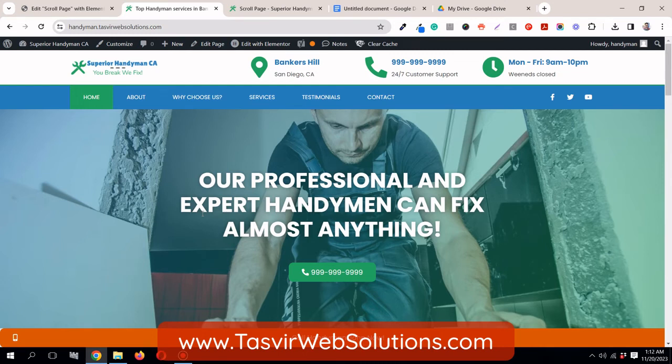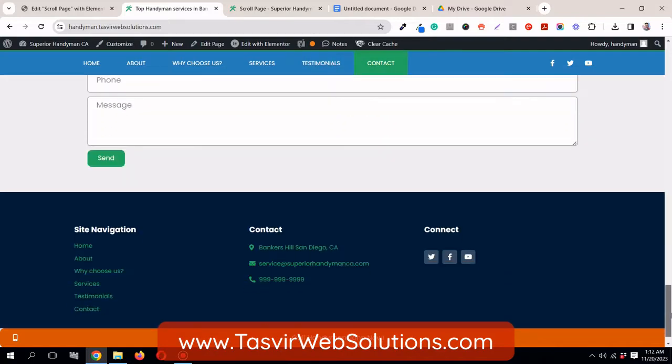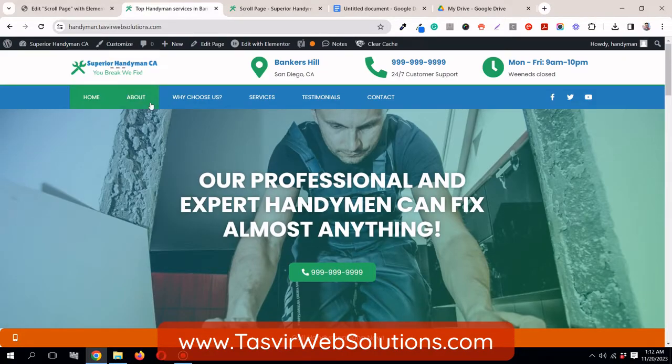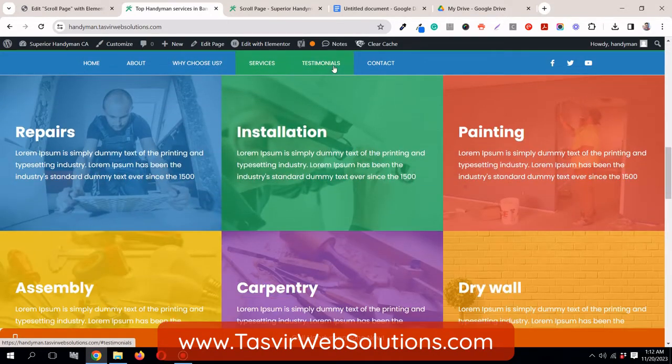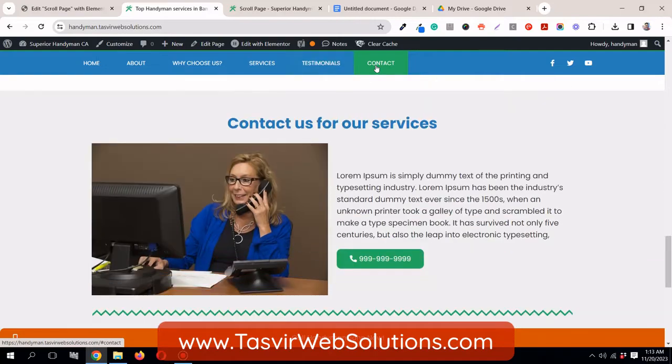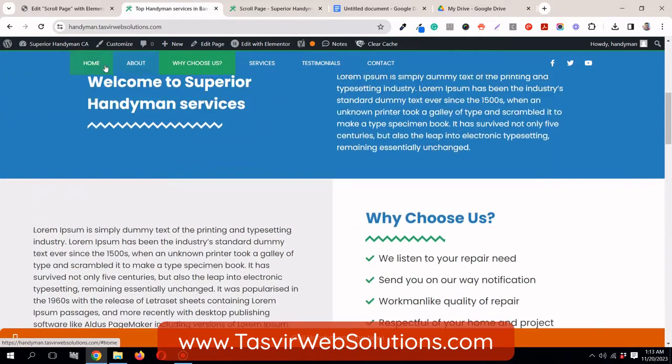In the case of a single page website, it is very useful if the navigation menu can scroll to different sections. For example, over here, this is a single page website, and when you click on the menu item over here, it will go to different sections. Okay, it will go to different sections over here,